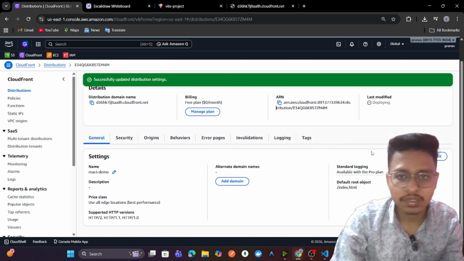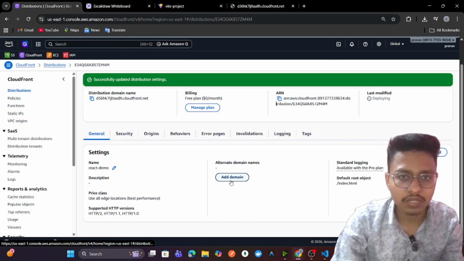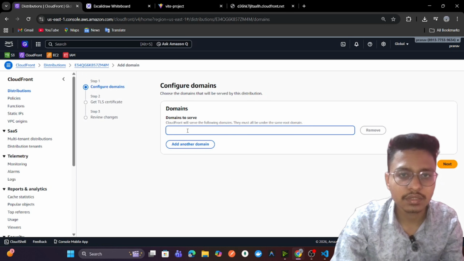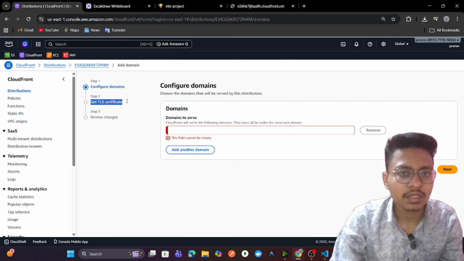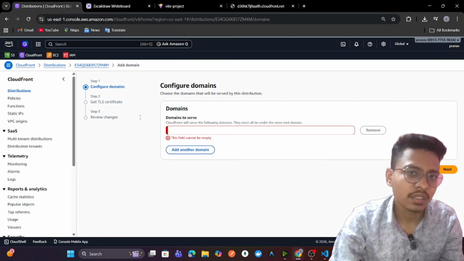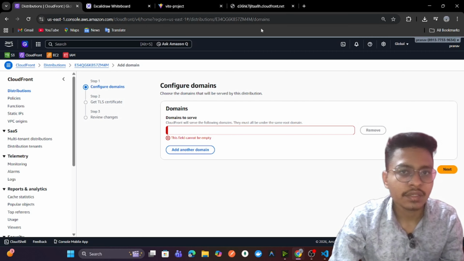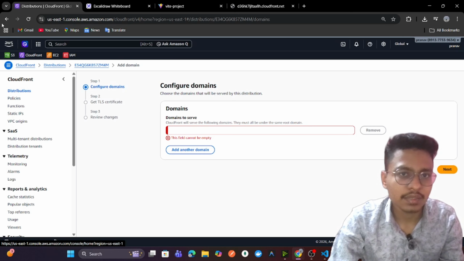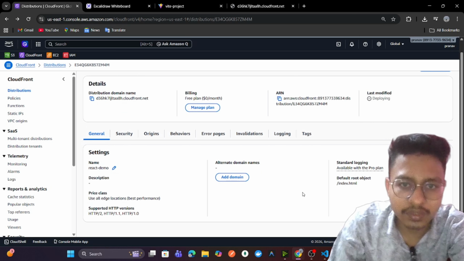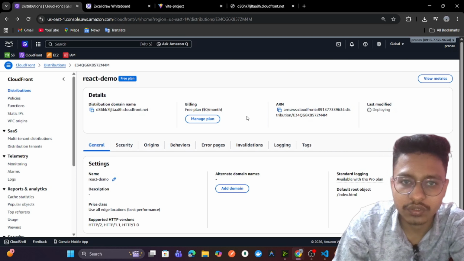If you want to set the DNS in this, I already told you, just add a domain over here and enter your domain name. Then you just need to click next and you will be good to go. Configure the domain, then the TLS certificate, and then review the changes. AWS will automatically redirect your whole application traffic to the domain which you already have access to. So that's about the domain. Let's see whether it has deployed. Okay, it is still deploying,